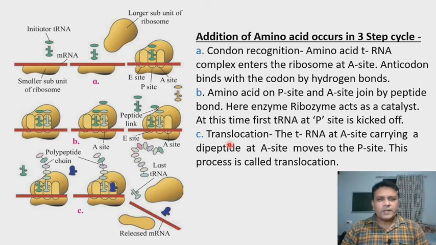So due to the translocation, each amino acid molecule gets attached to the polypeptide chain. First we have seen there were two amino acid molecules linked. Then the third amino acid molecule was linked. Then fourth, and so on. Here we can see the polypeptide chain gradually increase in length, and a long polypeptide chain of amino acids is formed.